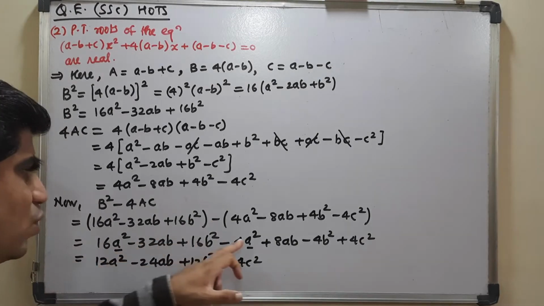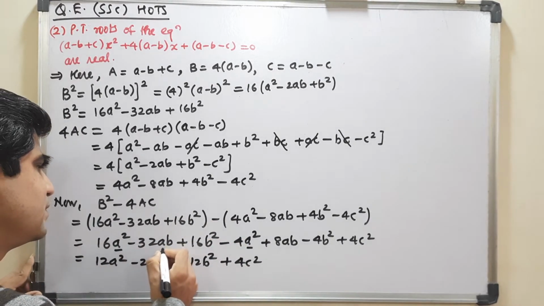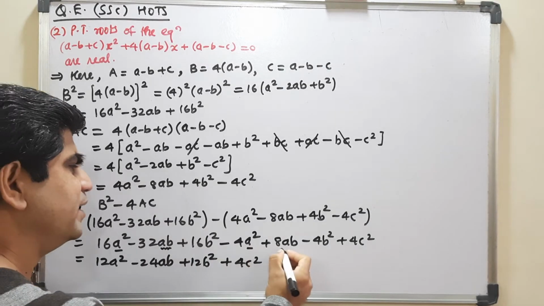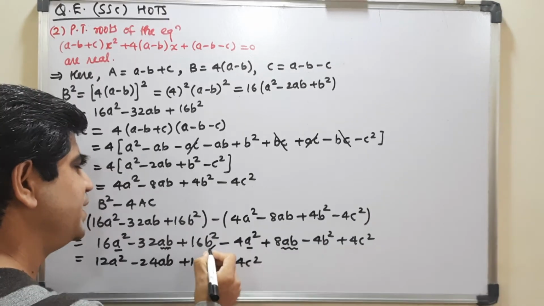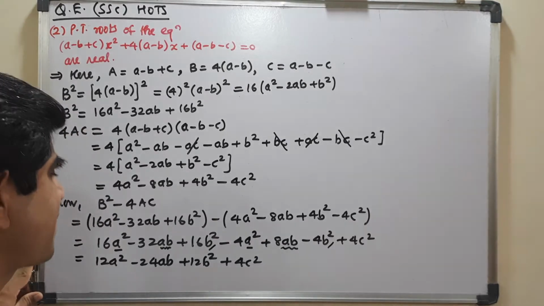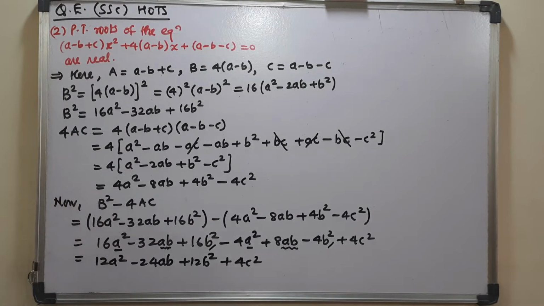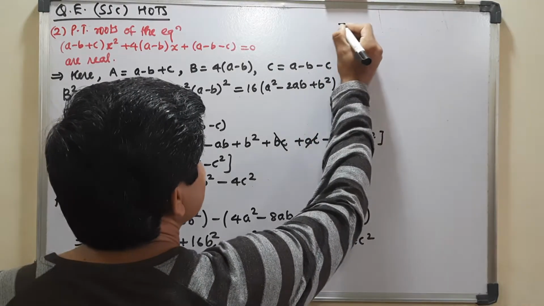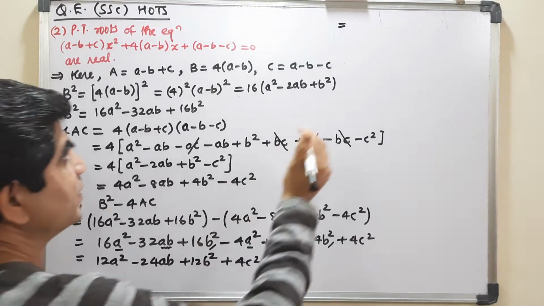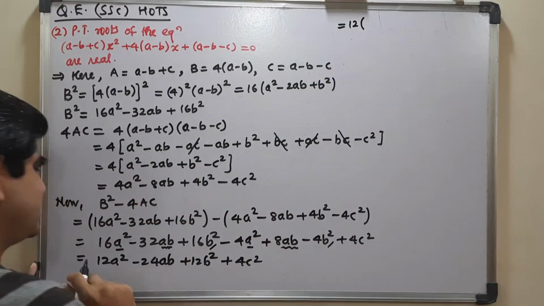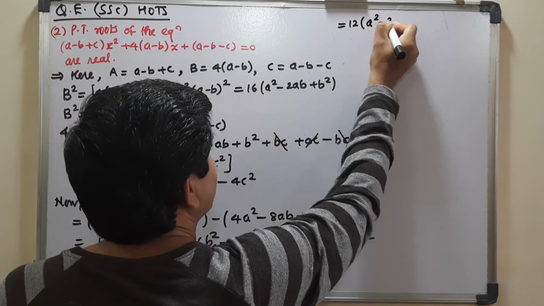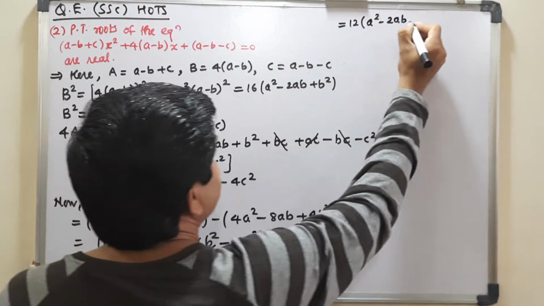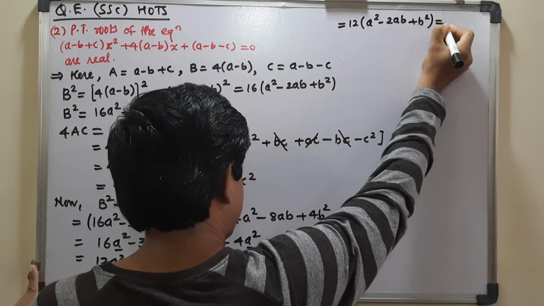This 16a square goes with this, AB went with this, and this b square went with this b square. So you got here this particular expression. You can take only this much common, that is, what you get here is 12 common from 1, 2 and 3. That is 12 common bracket a square minus 2ab plus b square